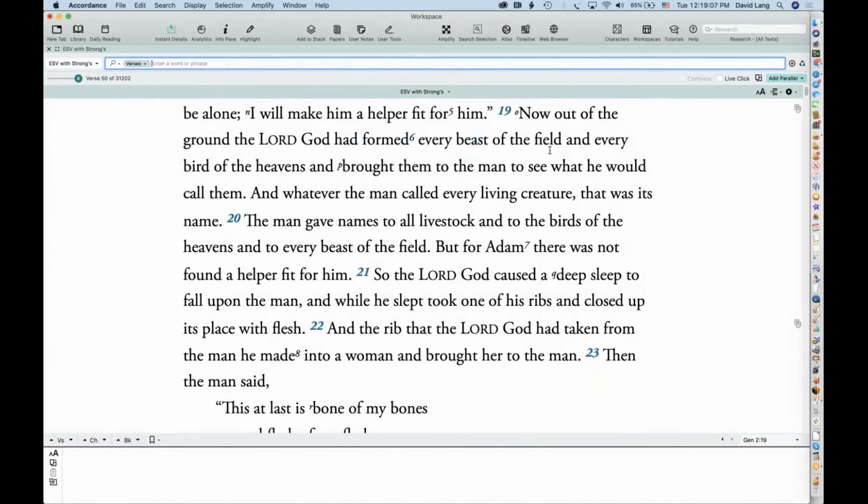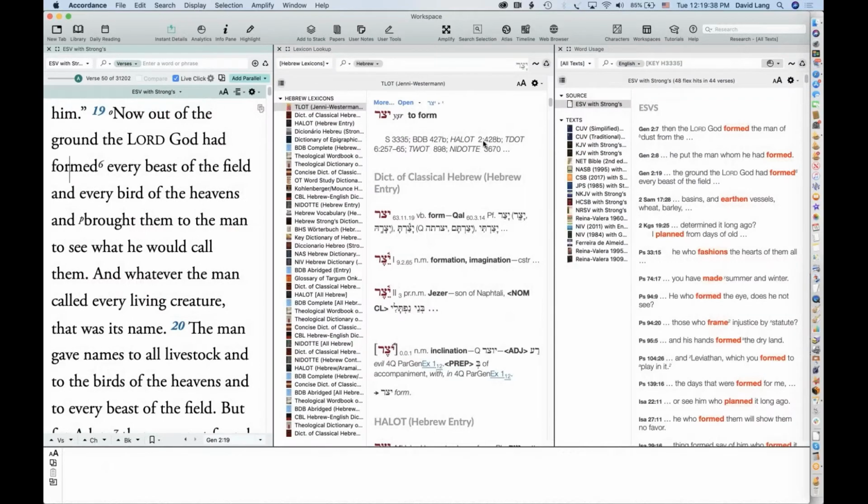And then let's do live click. So live click is sort of similar to triple clicking, but it's even more automatic. Now, for me, I'm sort of old school, and I'm also kind of clumsy with my trackpad, and I'm constantly clicking when I don't mean to. So I usually keep live click turned off because I don't want to click accidentally and get a bunch of information. But with it turned on, and that's all I have to do to turn it on, I can click on a word, and it will look up that word in every Hebrew lexicon that I own.